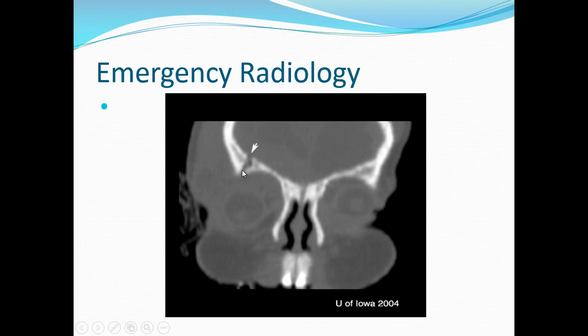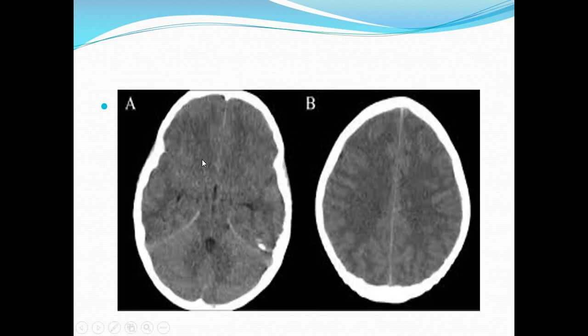Then again, the superior orbital wall fracture, you can see very easily when you change the window from soft tissue or brain window to bone window. Then sometimes this is the normal brain, but sometimes you cannot see what is going on. A simple non-radiologist or normal doctor will not be able to appreciate what is going on, but he or she will detect if something is wrong.